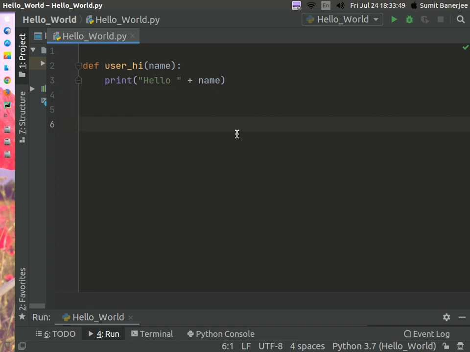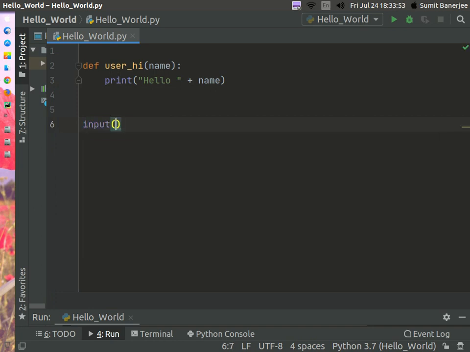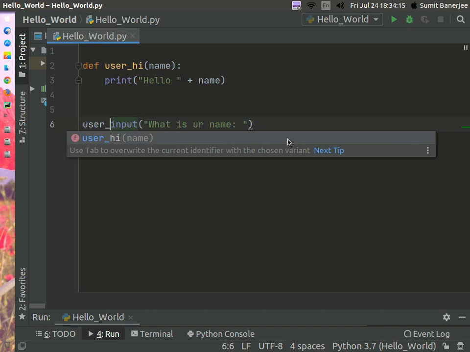You can now just type in input and ask what is your name, and now you can store the value which the user gave inside a variable and give this the name username.